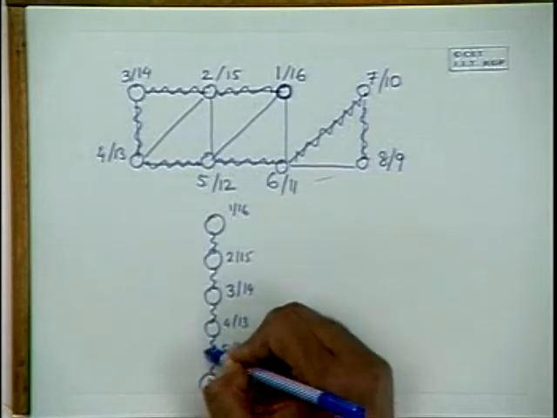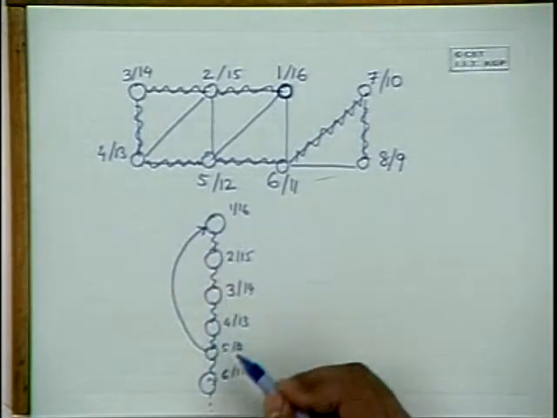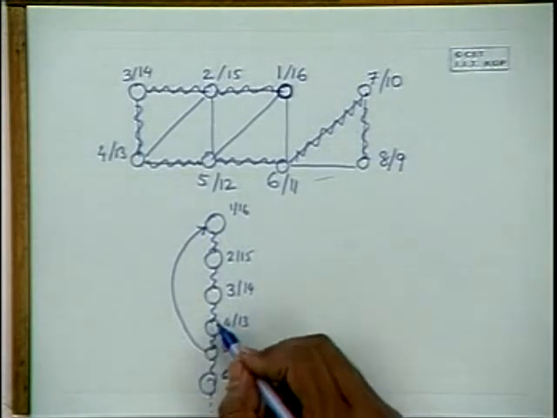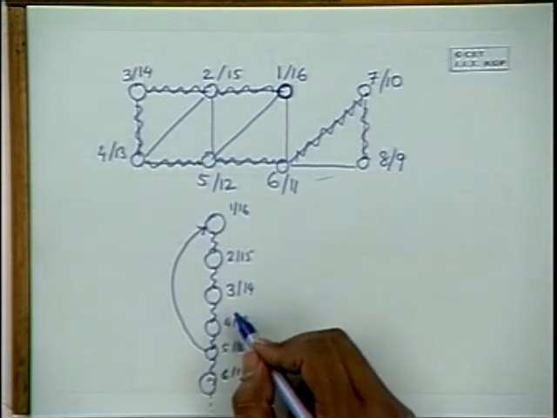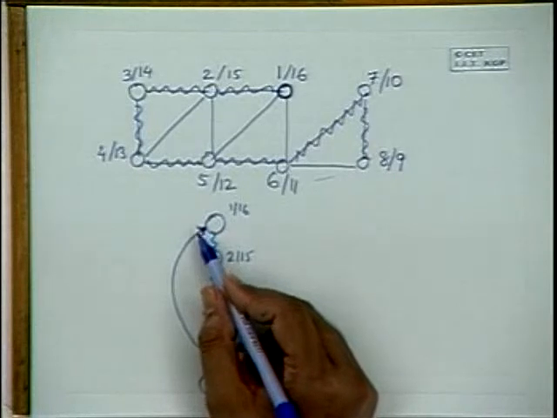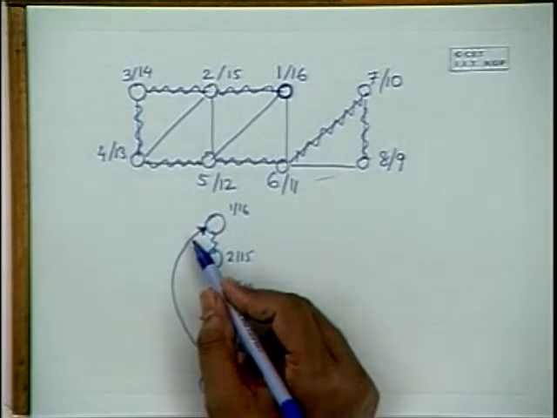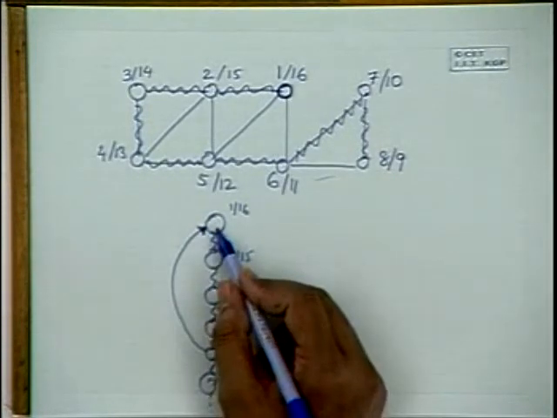So like we have from 5 to 12 to 1 to 16, so this will be a back edge. Actually, since we don't have any direction on the edge, you cannot say this is a forward edge or back edge. So there are only two types of edges now. Either they are tree edges or non-tree edges. Because I cannot give the direction like this. There is no direction now. 5 to 12 to 1 to 16.